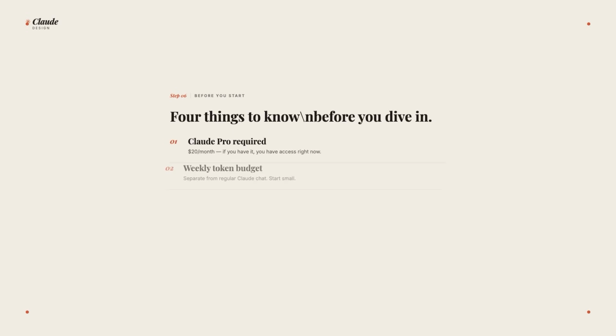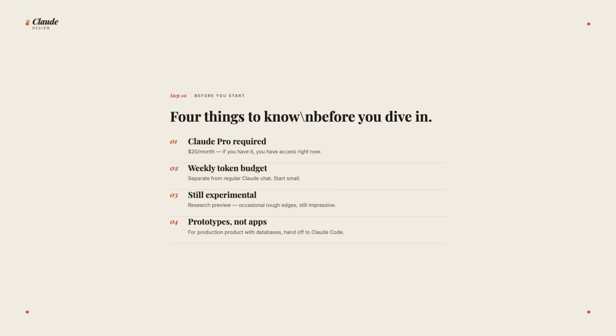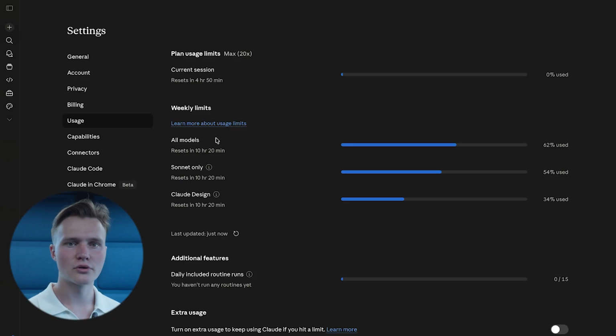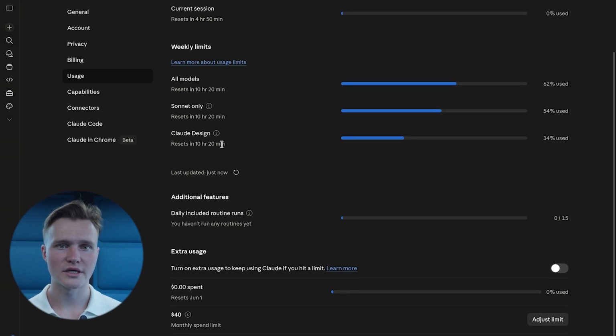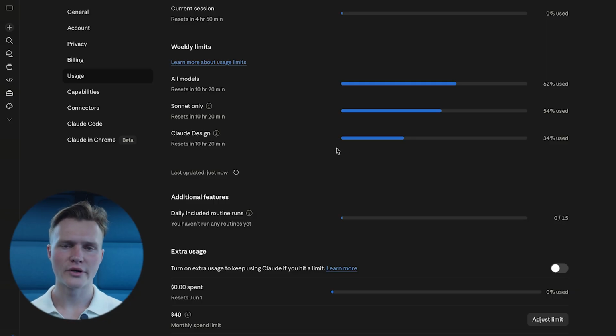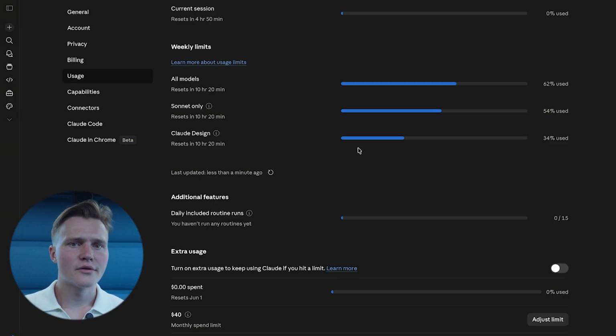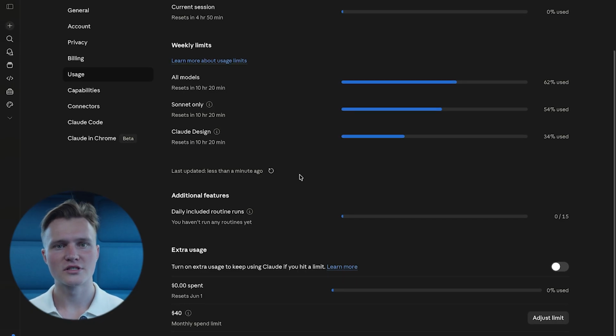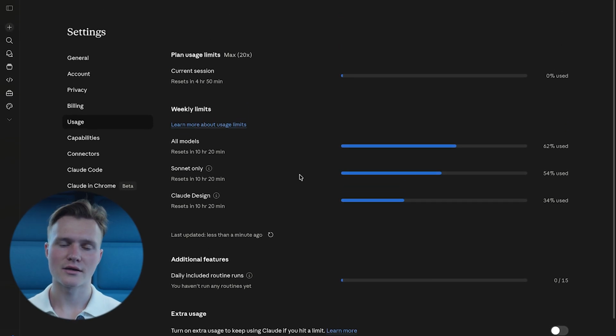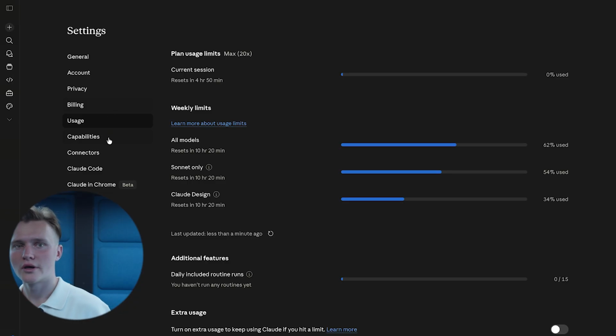Step 6. A few things to know before you dive in. First, you'll need at least a Claude Pro plan to use Claude Design. That's $20 a month. If you already have that, you have access right now. Second, usage limits. Claude Design has its own usage budget, separate from your regular Claude chat, and you can burn through a good chunk of it in a single project. My advice, start with something small, a slide deck, a simple one-page layout, get comfortable with the workflow,